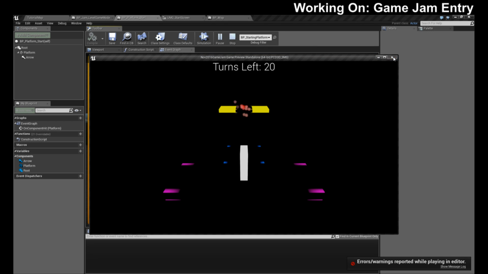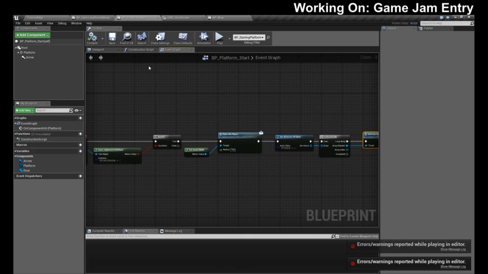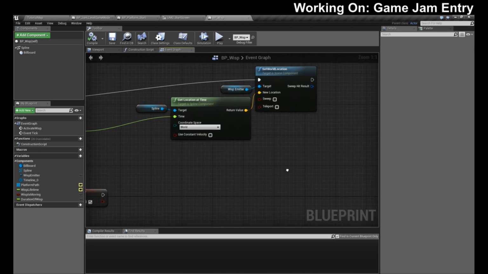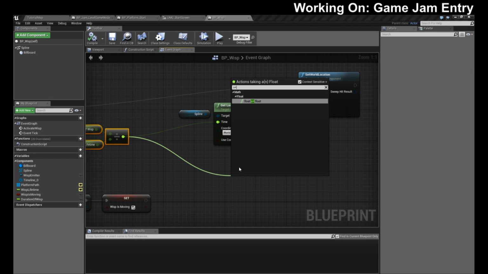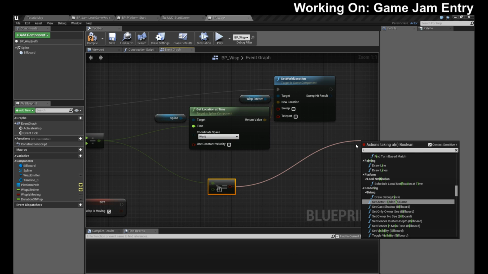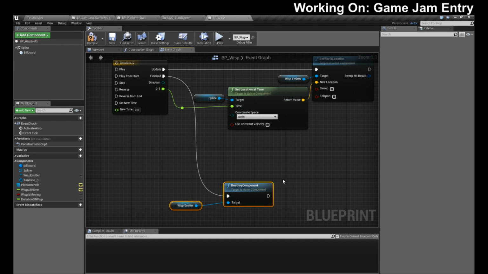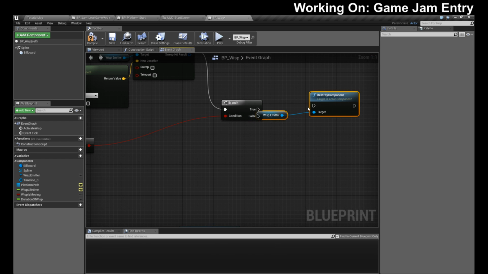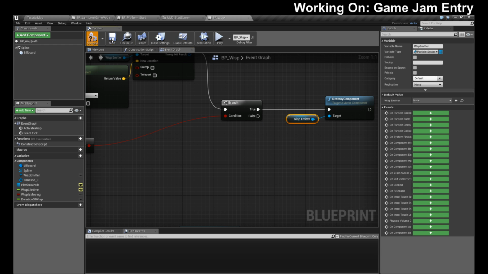I also got an error there. Oh, probably because I'm continually trying to move it while it's at the end. Which means when this one right here, when our time is greater than or equal to 1, we need to go ahead and kill our wisp. Which was this one right here. Wait, this is the whole spline. Okay, the spline should be there. Yeah, we'll just destroy. There we go. Let's see what happens here.